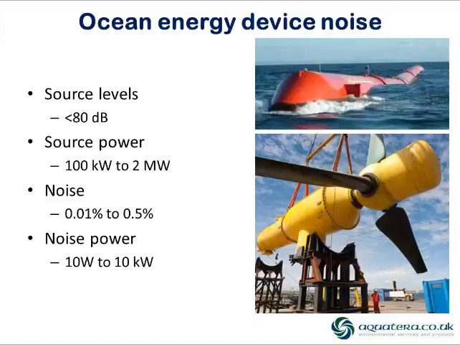If we look at the source power associated with these devices, then they currently range from about 100 kilowatts to, say, 2 megawatts at a maximum. But here, instead of producing energy which is transmitted into the sea, these devices are actually absorbing energy from the sea, and so they have a much lower threshold of noise conversion, and we're suggesting that that noise conversion rate is probably somewhere between 0.1% and 0.5% of the power output of those devices, and therefore the noise power emitted from them is probably nearer 10 watts to 10 kilowatts depending on the size of the device, and that's significantly lower, a number of orders of magnitude lower than is arising from the vessels.